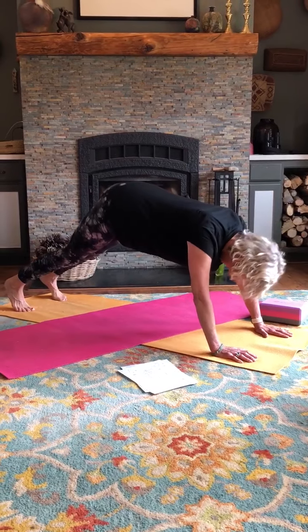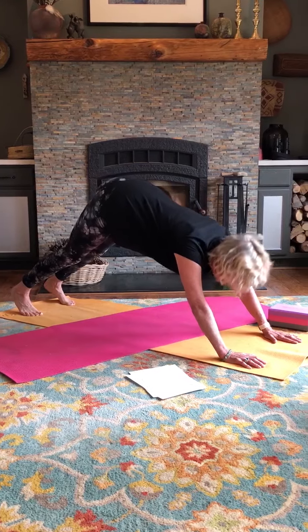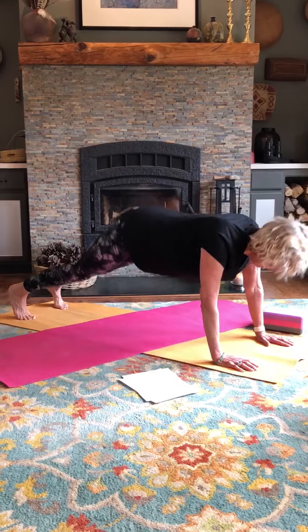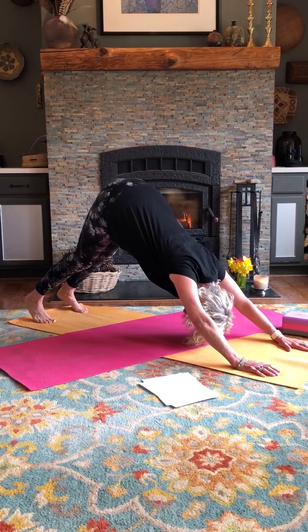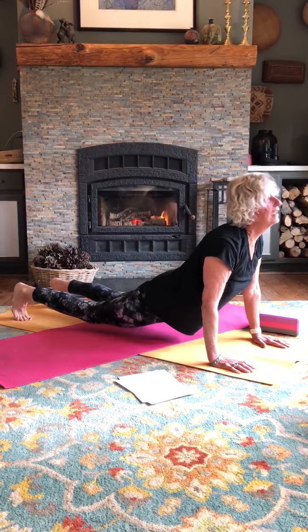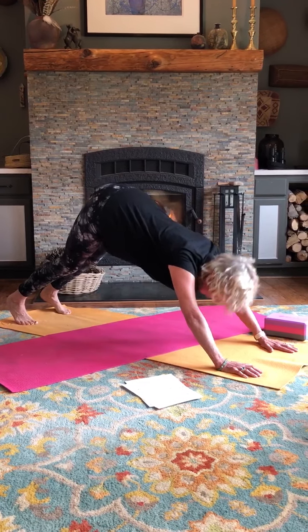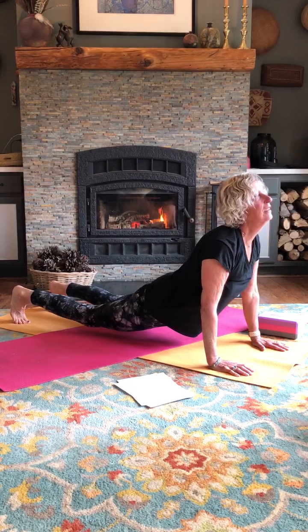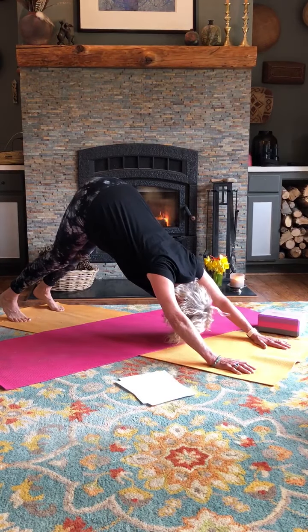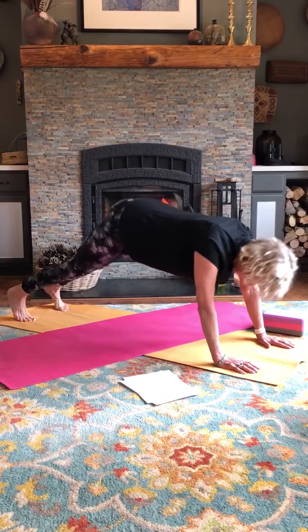Hips up and go back. Okay, we've got 7 more to go. Down 1, look up, and back. 2, and back, and 3, and back, and 4, and back,